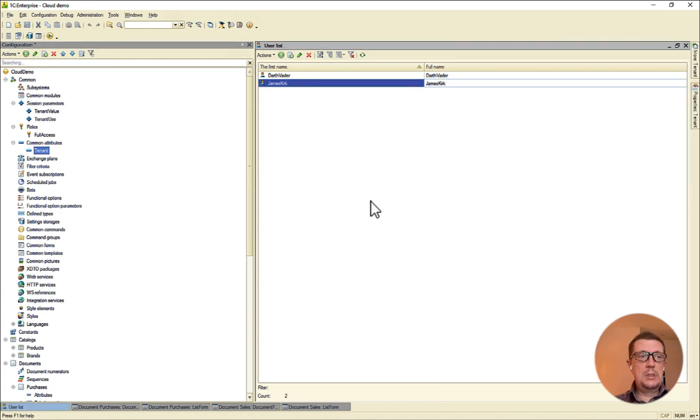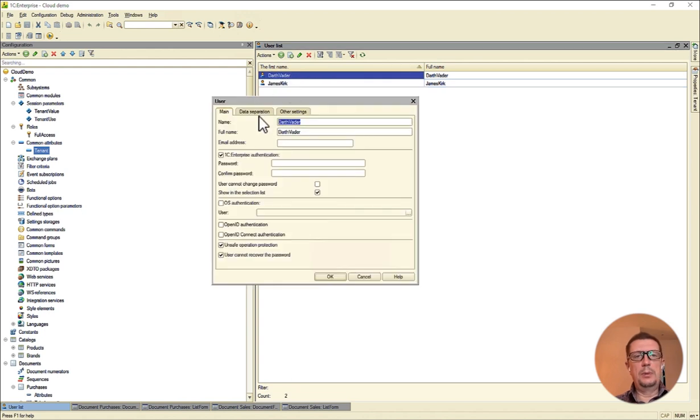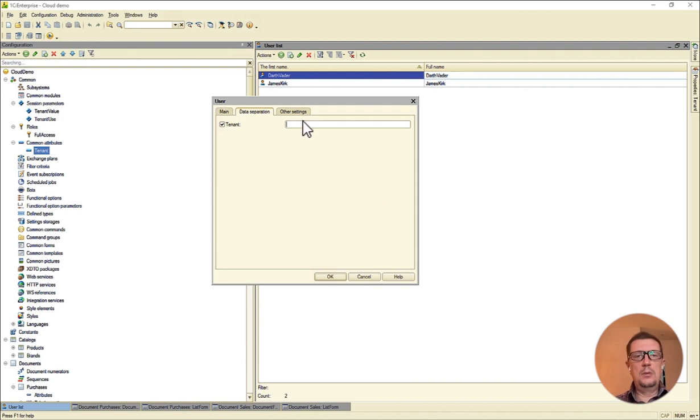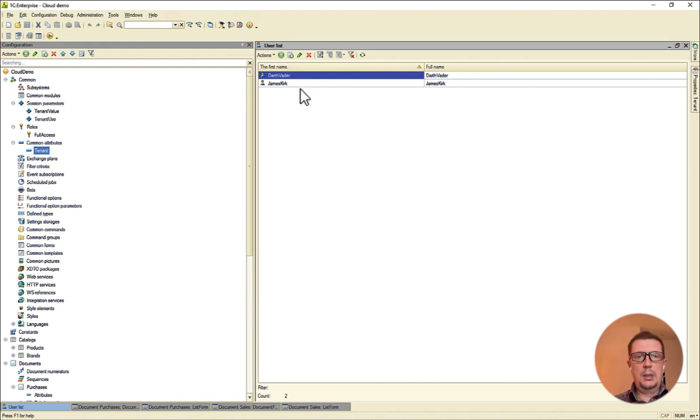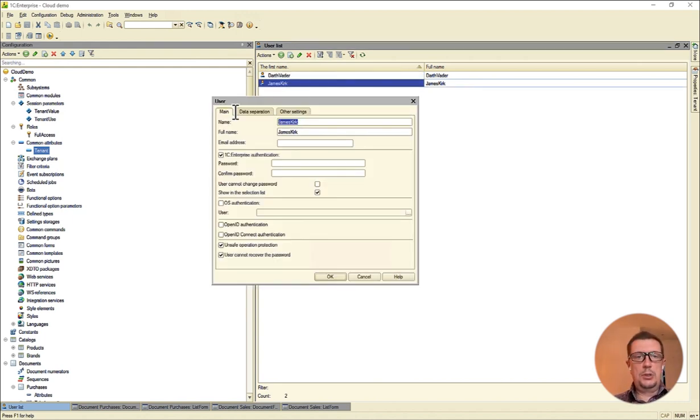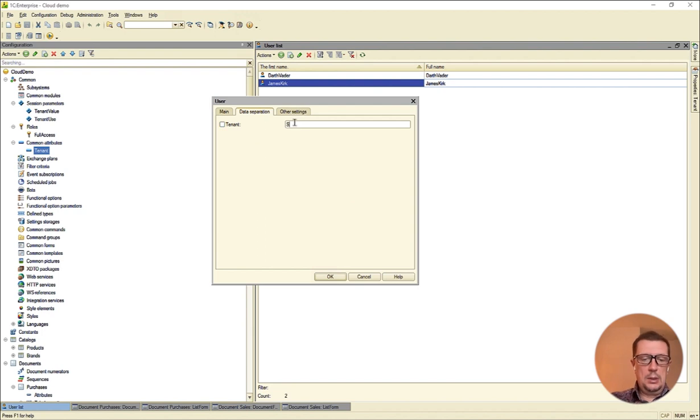And what happens now, as soon as I save my changes, is this new tab appears in the user settings. And using this new tab, I can tell which tenant each user belongs to. So Darth Vader goes to Star Wars Company, and James Kirk should go to Star Trek Company.